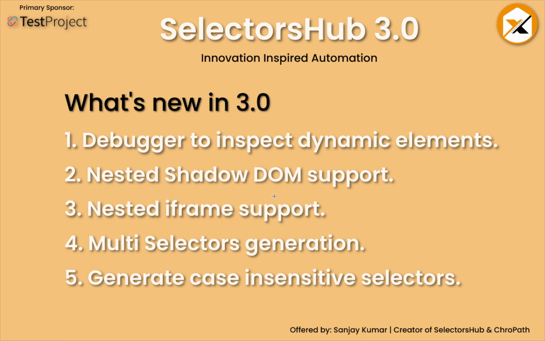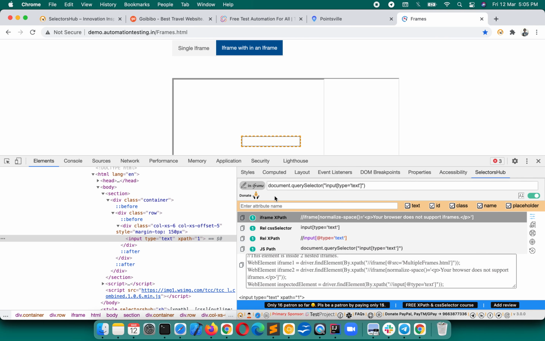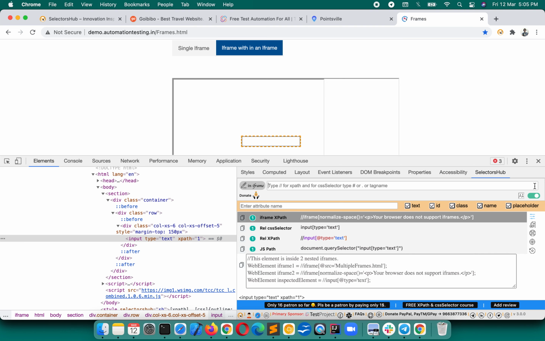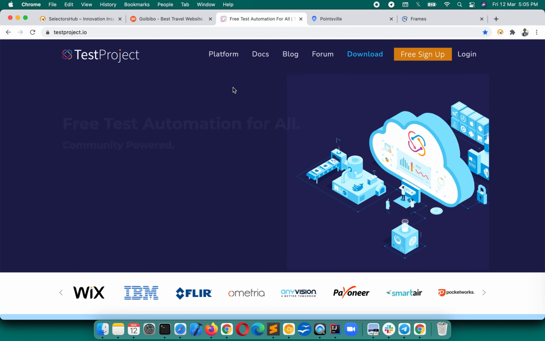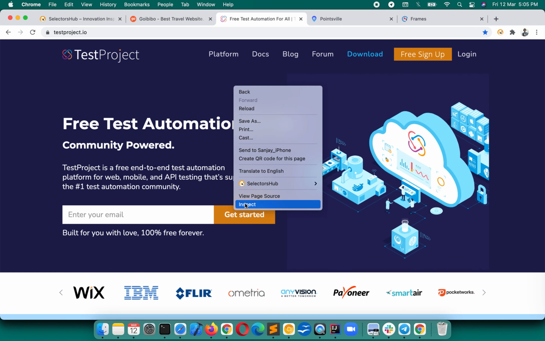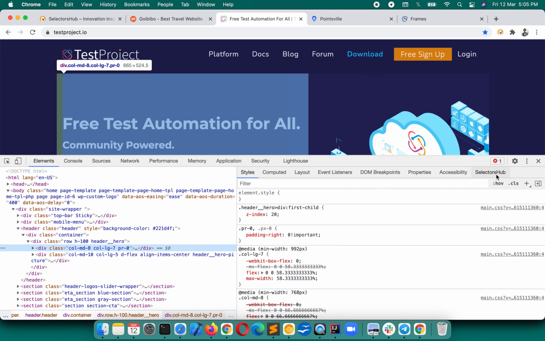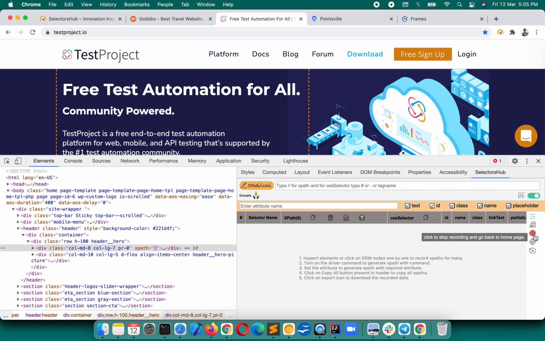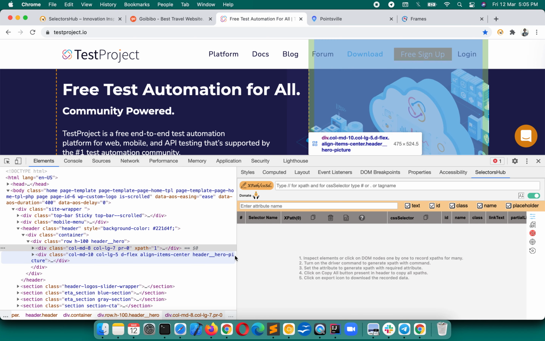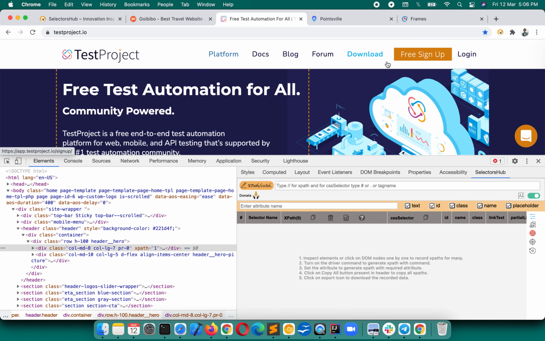Fourth innovation is multi-selectors generation. This is a really huge time saver. In the past, you might have seen that you can generate multiple XPaths, but this feature will really help you a lot and will change your perception of the way you have seen multi-selector generation. So there is a button to generate multiple XPaths and selectors. So you see that here, suppose we have to get selectors for all these elements here on the test project,